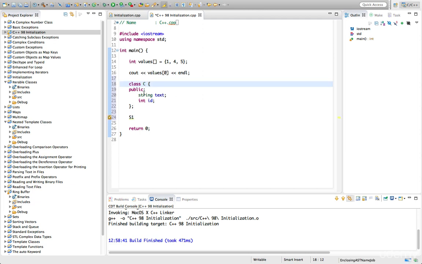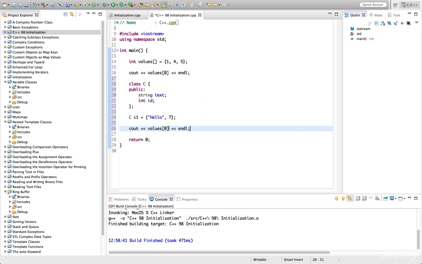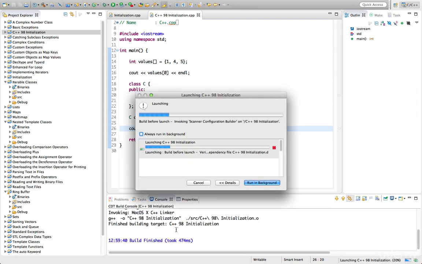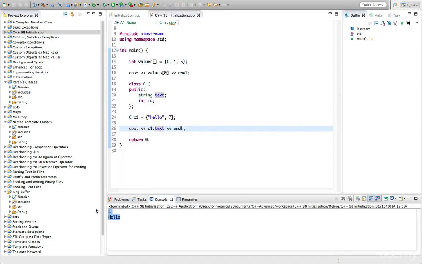Let's call the type C, and the variable lowercase c1. When we declare a variable of this class type, we can just set it equal to some curly brackets, and put hello and 7 in there, and that works pretty much as you'd expect. So let's output